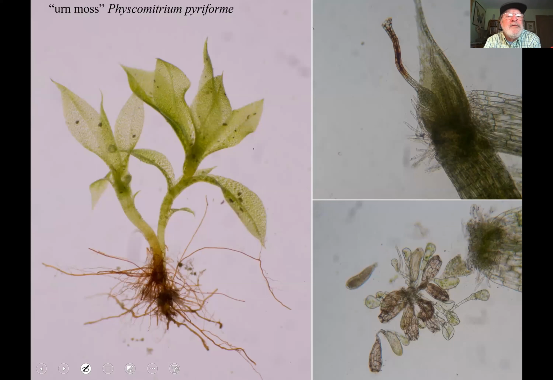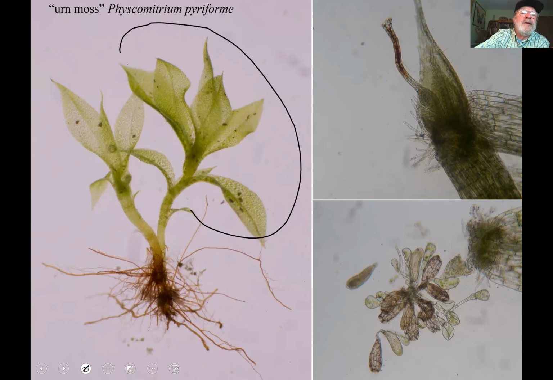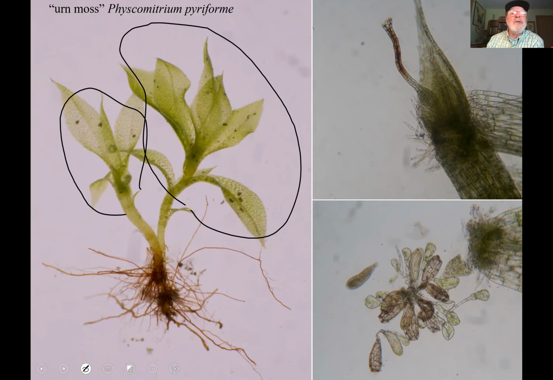Here's a picture on the left showing my favorite moss, ern moss, Fiscometrium pyriforme, with the two branches. And the branch on the right, the larger one with the rosette of leaves, that's a male branch. And the one on the left, a little smaller, that happens to be a female branch. So this moss has both sexes on different branches of the same plant. And with the help of water in the environment, sperm swims from the